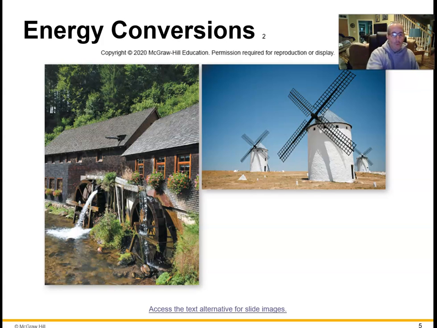You see some old water mills there on the left. That's using a kind of primitive hydroelectric system that actually turns a wheel. Locally, most of you are probably from Kentucky, we called those grist mills in the old days, where they would take grain and grind it up using these type of wheels that turned stone inside the building. And then you have the windmills that were harnessing energy back in Europe,